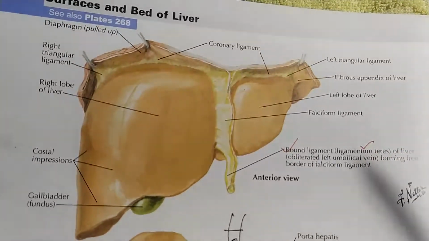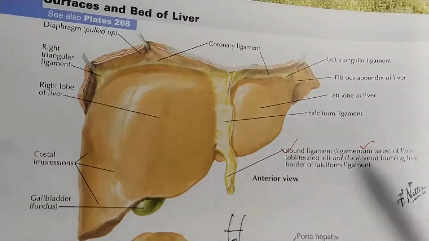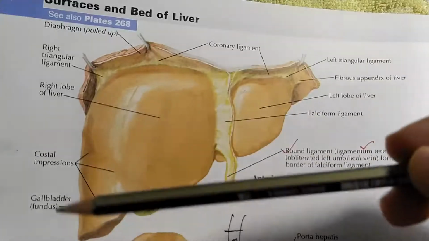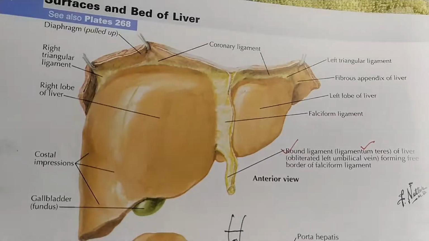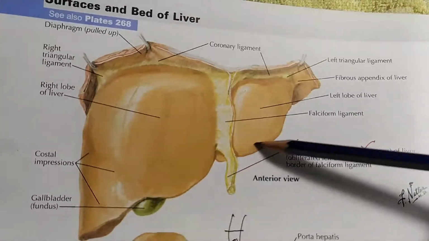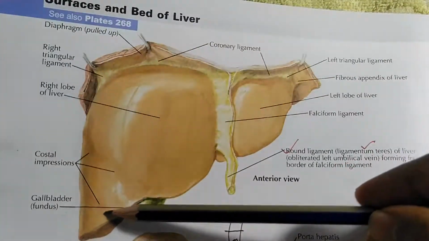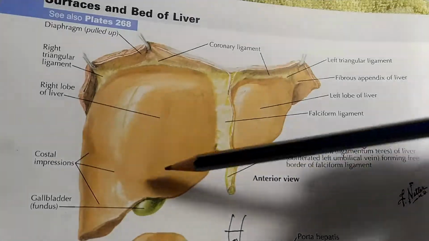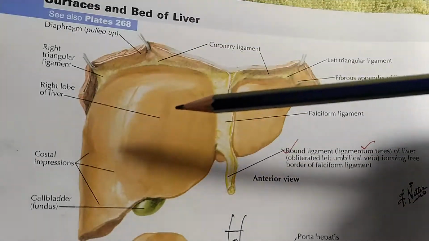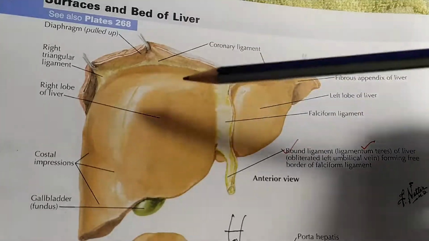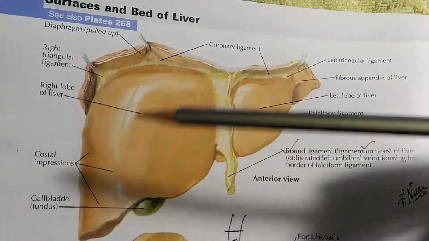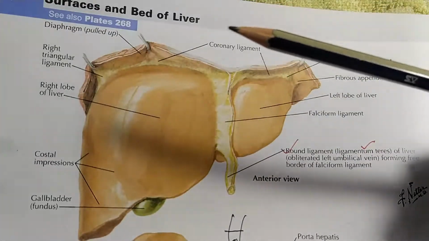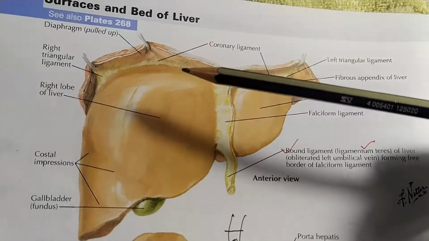Today I'm going to make a new video regarding the important organ, that is liver. So here you can see the liver, which is the largest gland of our body. It has both exocrine functions and endocrine functions. Liver is the largest gland of our body. It is reddish in color and slightly shiny. You can see the shiny membrane, which is covered by the Glisson's capsule, which is a covering of the liver.